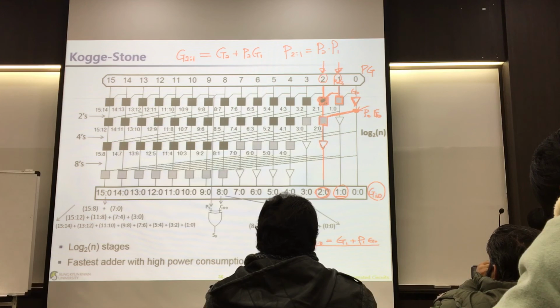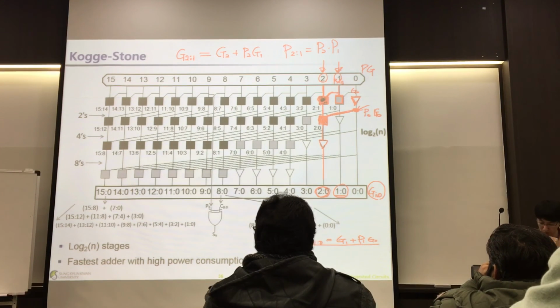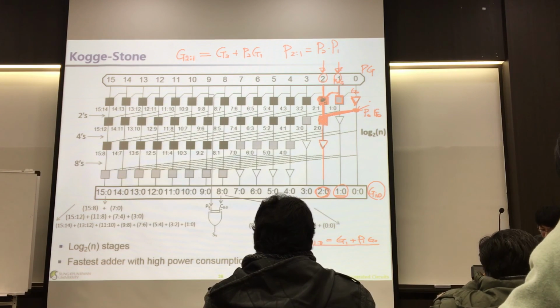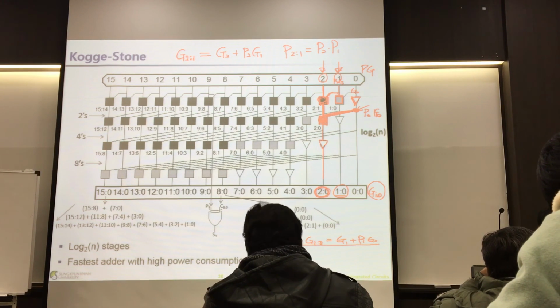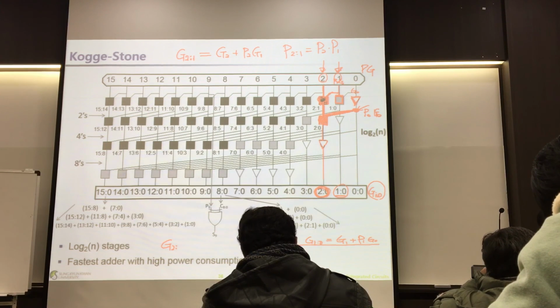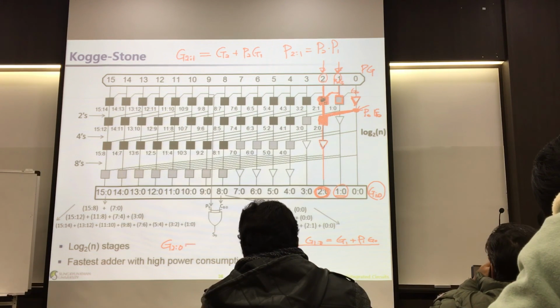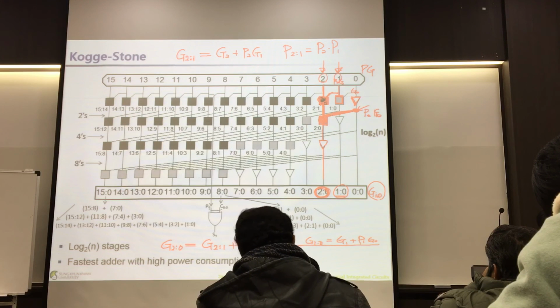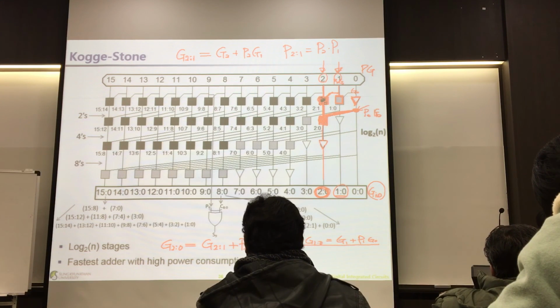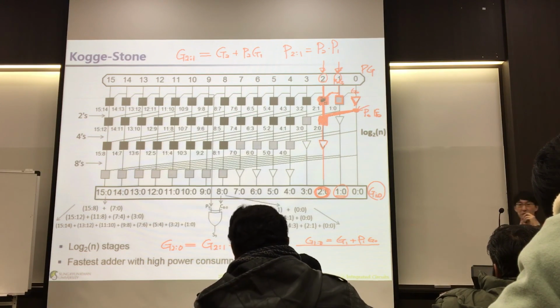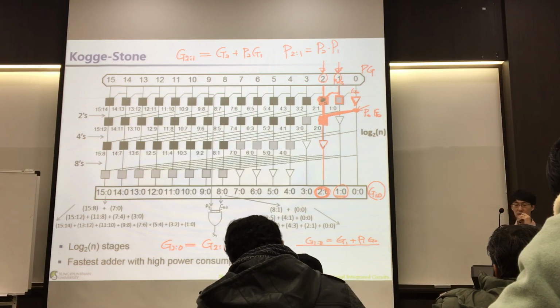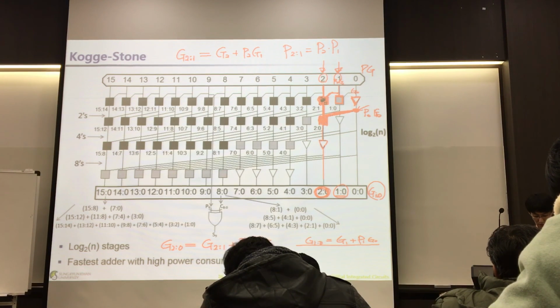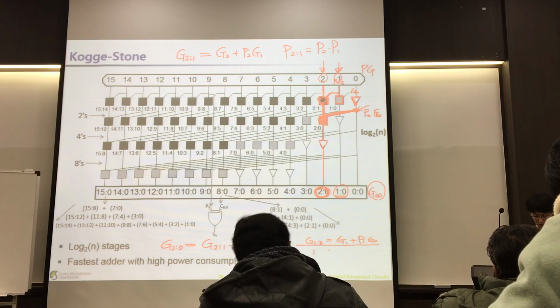What this lower gray cell is doing is merging that result with bit 0. So what's happening there? We are calculating G2 to 0, right? If we rewrite this, we get G2 to 1 plus P2 to 1 G0. Do you remember this? This is bit 2 to 0. Instead